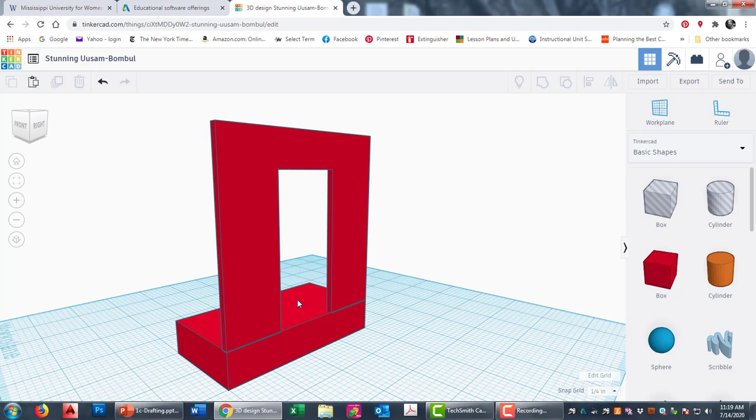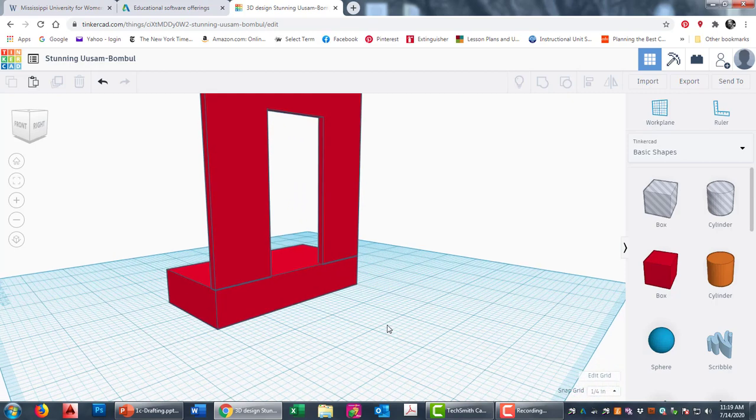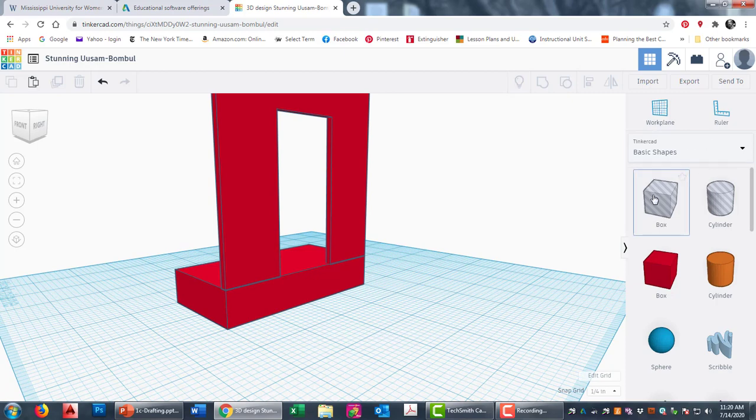Now, this is not very good or safe for actors walking through here if there's no steps. So we need to add some steps. Now, a good rule of thumb is steps should be 12-inch tread and 6-inch rise, which means they're 6 inches high and 12 inches wide. So we're going to make 2 steps. Box,